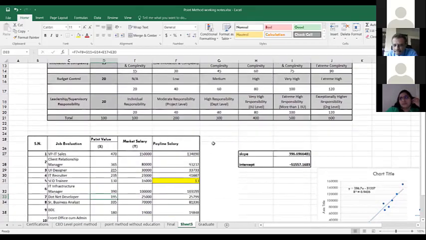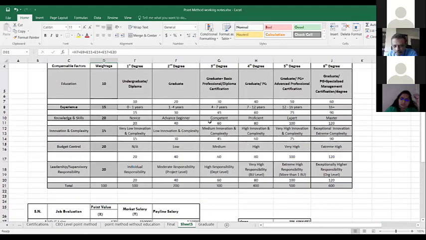So one more thing I've observed: for example, for SEO trainee, UI designer, .NET developer, I'm considering the education as graduate, like BE, and for IT recruiter I'm considering graduate education like BCom, any graduate plus postgraduate. So here, immediately 20 points are getting added to the point value.